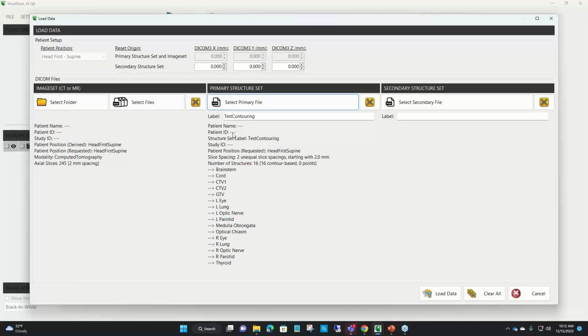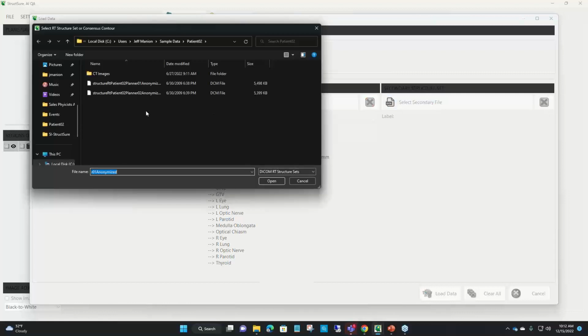Great. And it says here, okay, here's what I found, and here are all the structures that I found. And of course, all this kind of information you'll see in your DICOM file. And then I'm going to bring up my secondary structure set. This was the one that was, let's say, done by somebody else, maybe as a training exercise, or certainly with an AutoSeg engine. And it tried its hand at those same set of CT images.